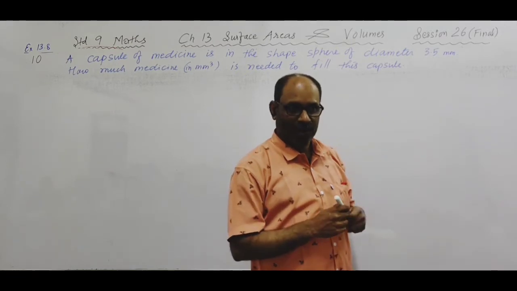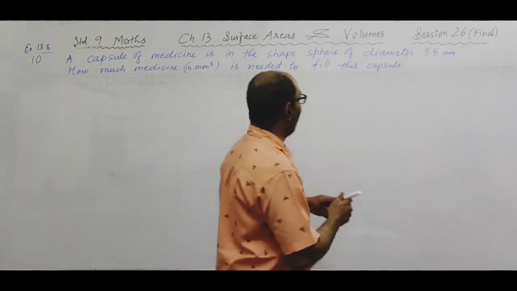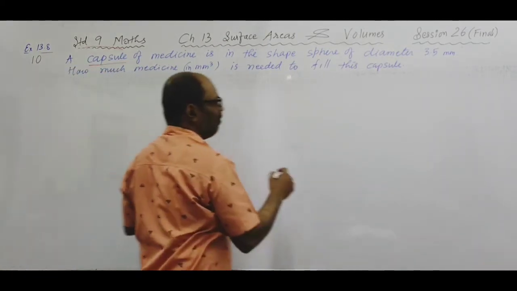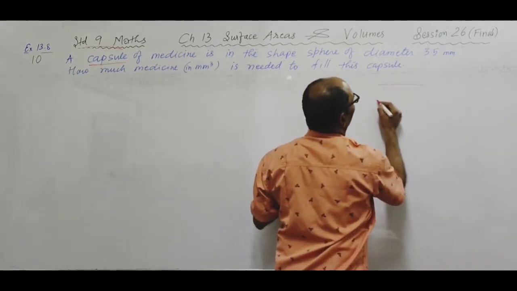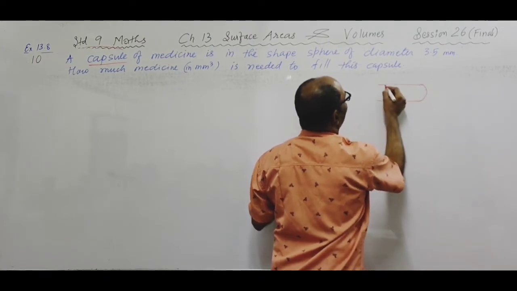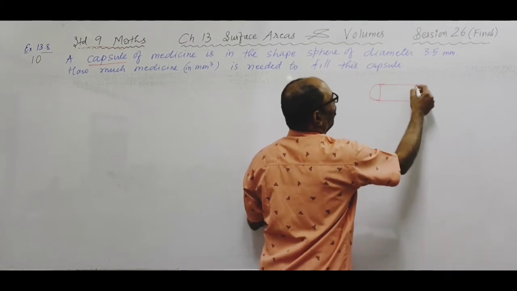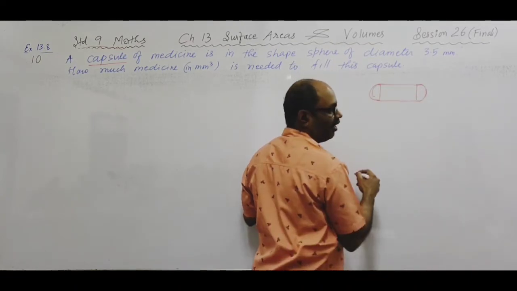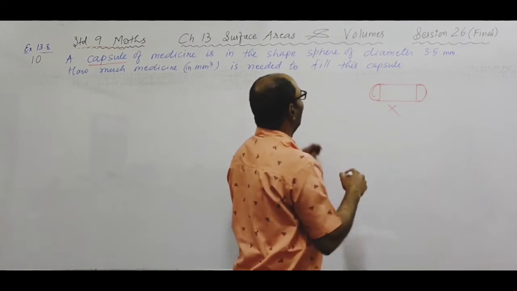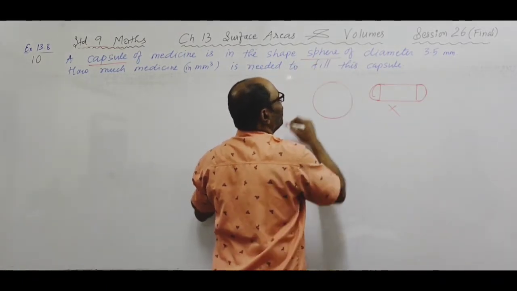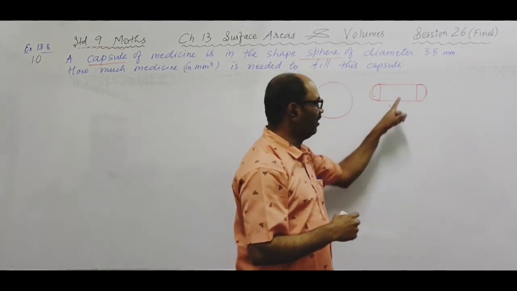कैप्सूल बहुत छोटा होता है. अब जब कैप्सूल के बारे में आप सुनोगे, when you hear of capsule, दिमाग में पहला पिक्चर ये आ जाएगा. सर ऐसा होता है कैप्सूल, है ना? सर इतना पार्ट सिलिंड्रिकल होता है और इतना पार्ट हेमिस्फेरिकल होता है. बट ये वाला कैप्सूल ना, here the shape is like a sphere. सो ऐसा कैप्सूल है. The capsule is spherical, not this.